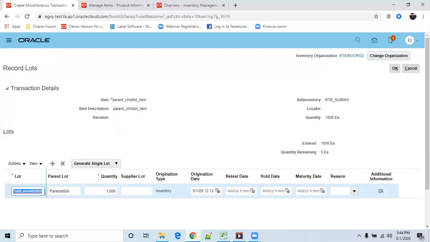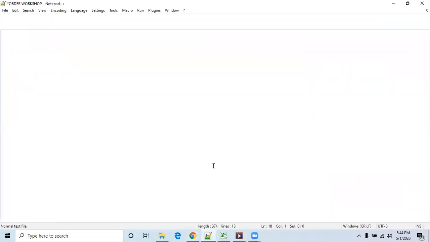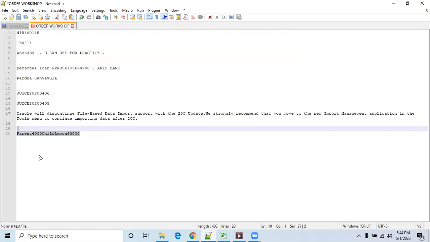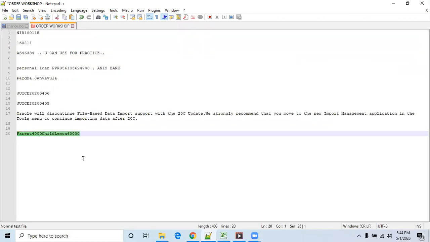It will create based on the parent lot number prefix plus starting number, and then the child lot number prefix plus starting number. See, I'll show you this one. This is how the system will generate the parent and child lot number creation.